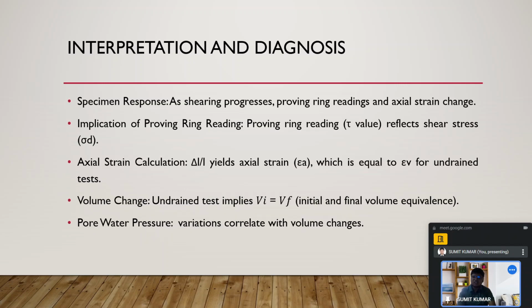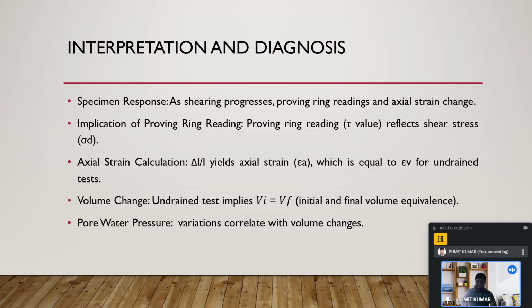So the specimen has a shearing progress, and the proving ring reading and the axial strain change. The proving ring reading reflects the shear stress, with the help of deviatoric stress. The axial strain, that is delta L by L, denoted by epsilon A, and ultimately we are able to get the value of